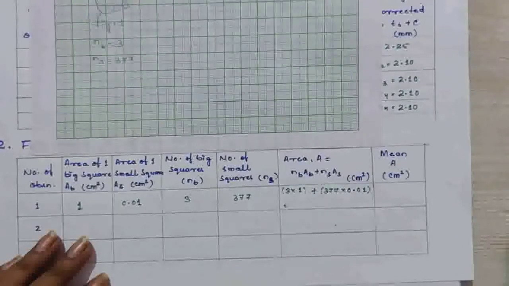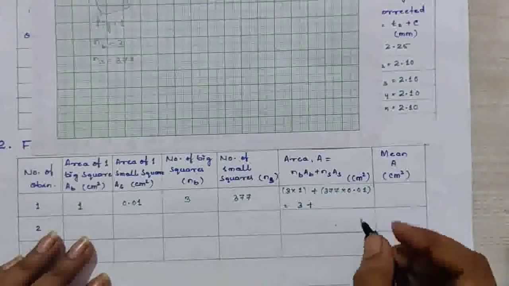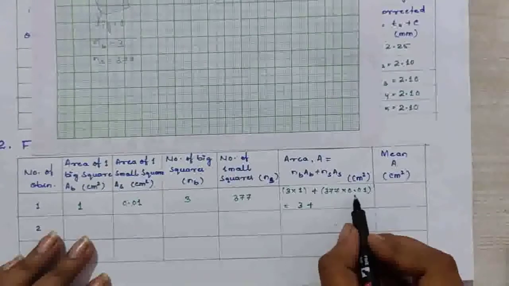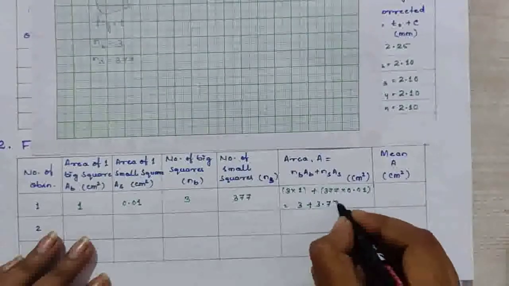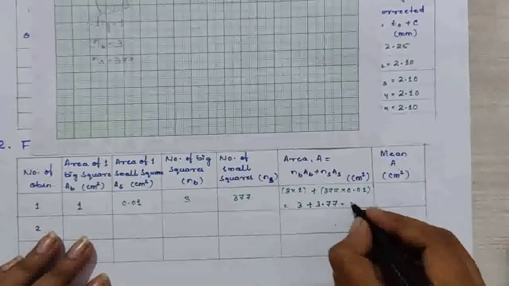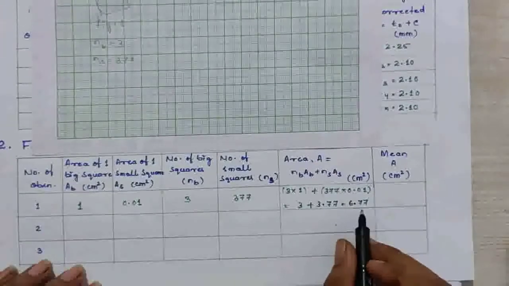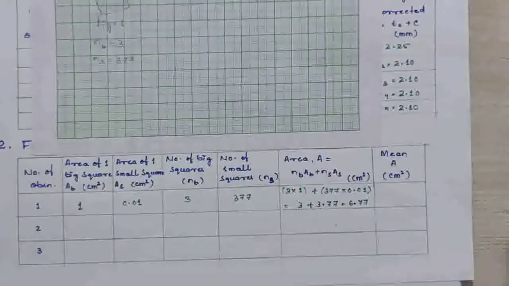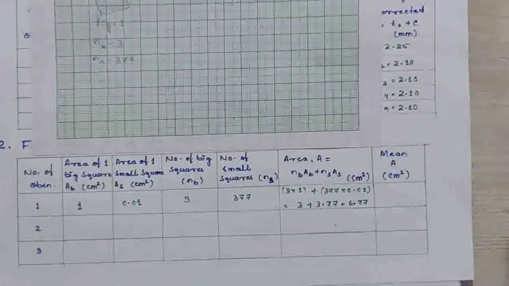One second. Yes, that will be equal to 3 plus we have to multiply 377 with 0.01. So that will be 3.77. So that will be equal to 6.77 centimeter square. Okay, clear? Similarly, next thing we have to take another outline of the same